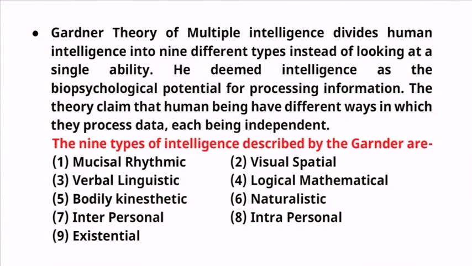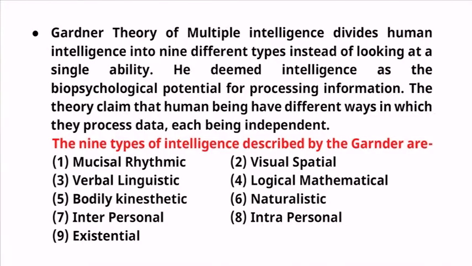Then naturalistic ability is to recognize the patterns found in nature like plants, animals, natural phenomena, that means you are oriented towards nature. Interpersonal is sensitivity to others and understanding the emotions of others, whether you are able to understand the emotions of others or not. Intrapersonal is understanding one's own emotions, just to understand your emotion, in which mood you are. Existential is the ability to see the big picture of the human race by asking questions: what is life, what is death, what is the ultimate reality of human existence. This is called existential intelligence.